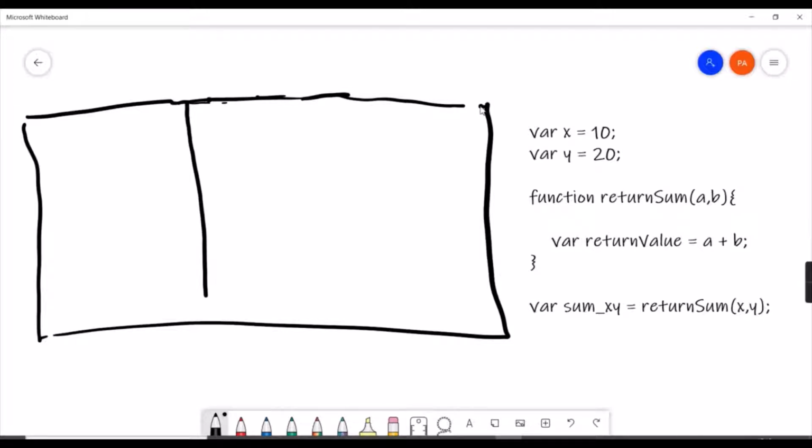We saw the execution context has two parts. We have a memory component and then we have a code execution component.